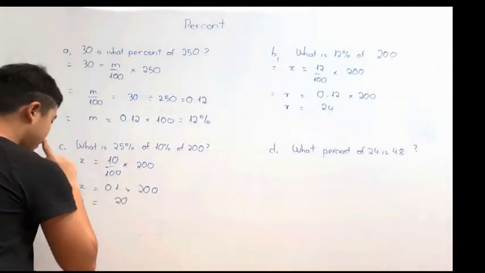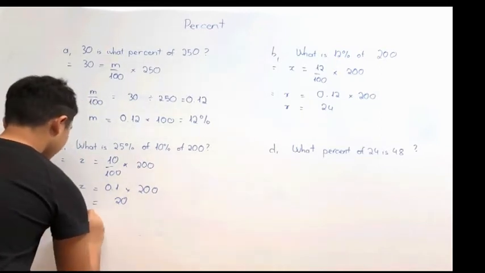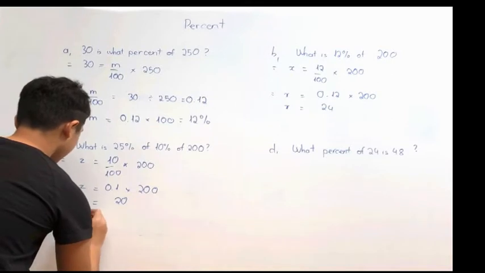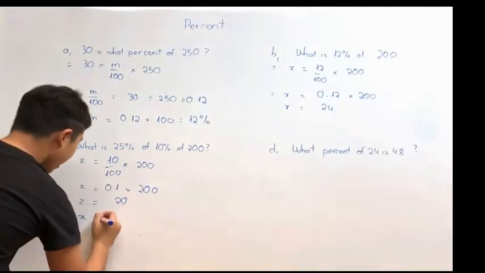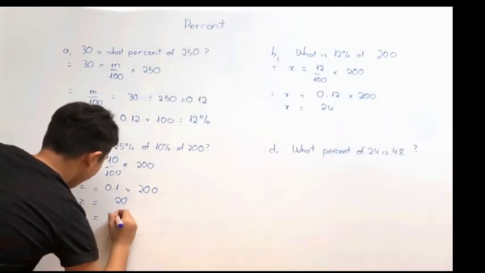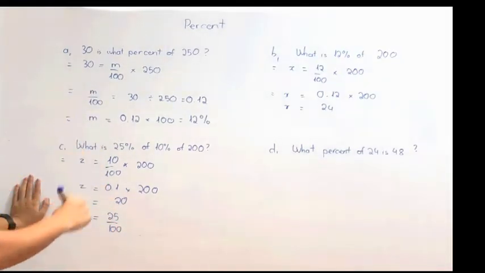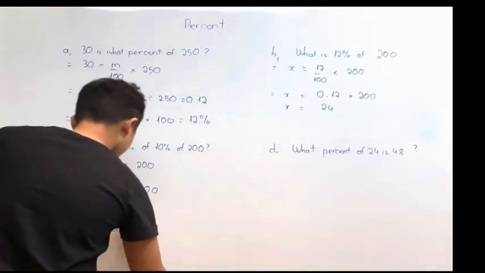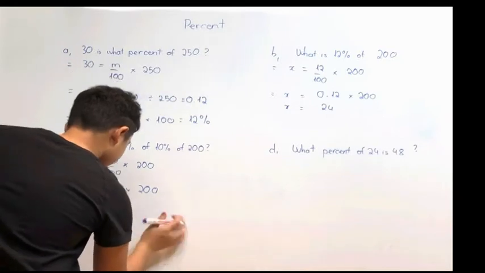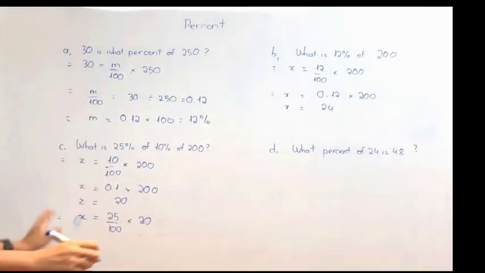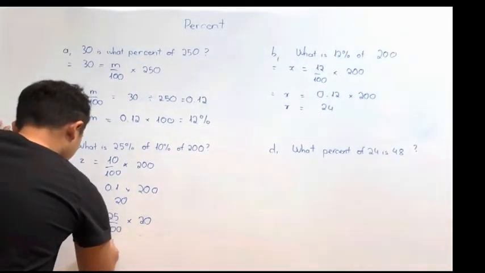So the final answer, let's call it x. x is equal to 25 out of 100 times 20. So basically that's how we do it. So x is going to be equal to